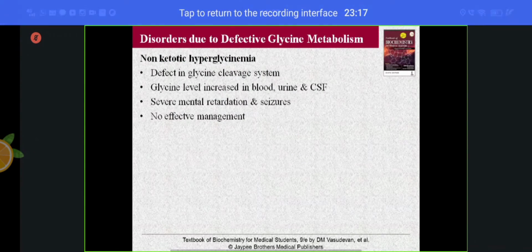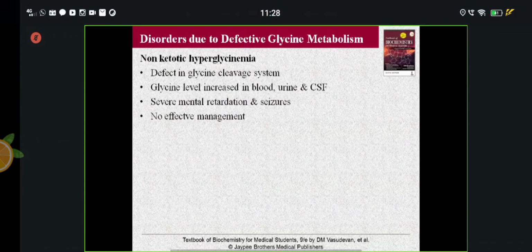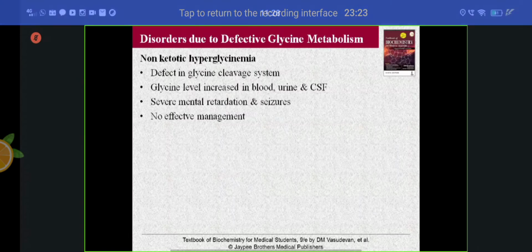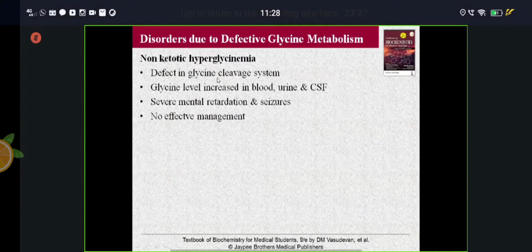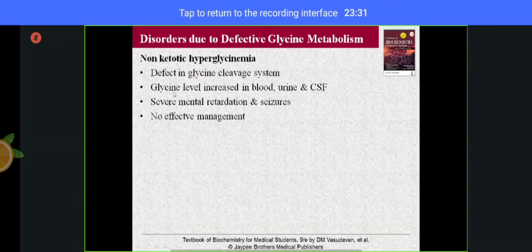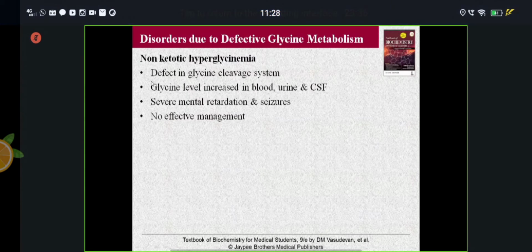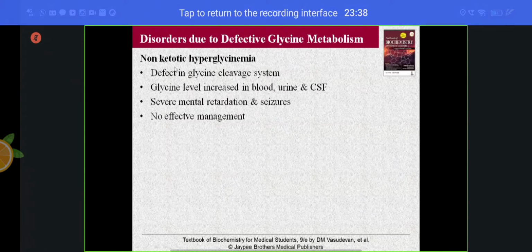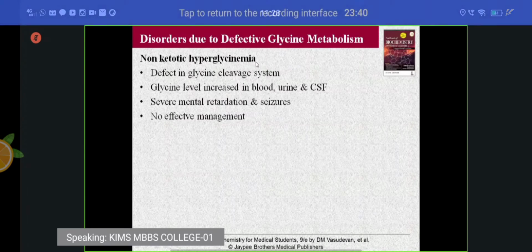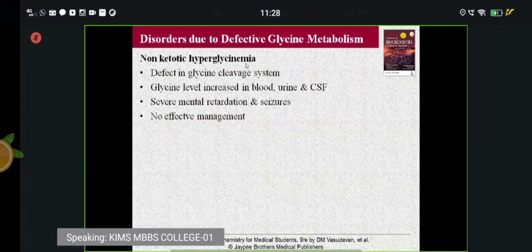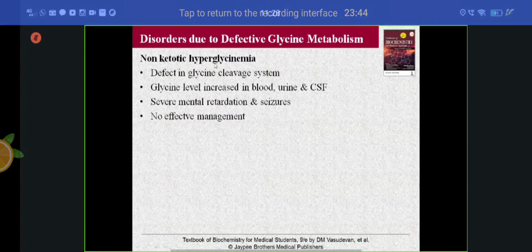Coming to disorders. We have seen the glycine cleavage system. Whenever there is a defect in the glycine cleavage, what will happen? The glycine will increase in the blood. Glycine is not able to get broken down into ammonia and carbon dioxide, so it will simply be elevated. It causes hyperglycinemia. Whenever there is excess of any molecule,